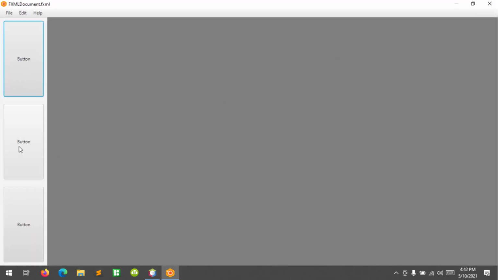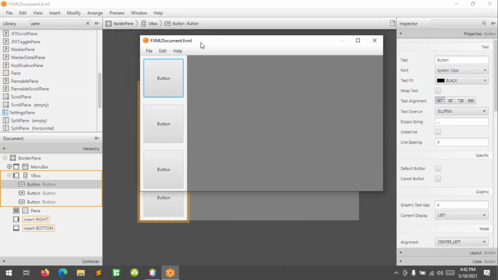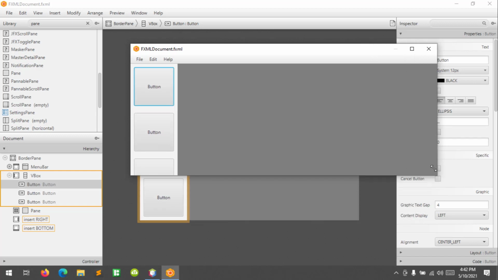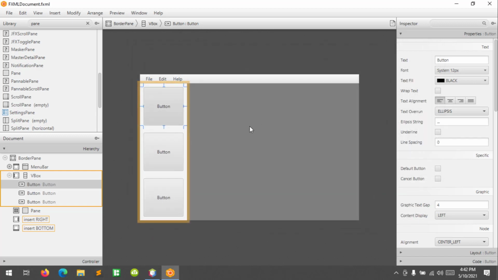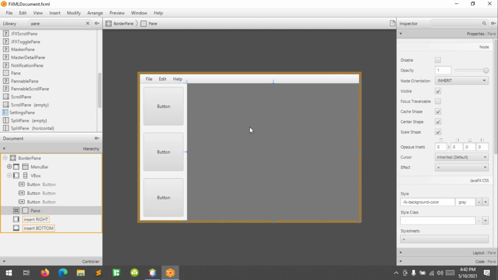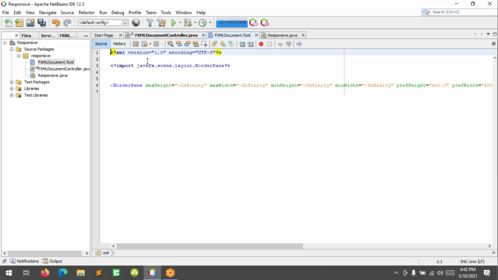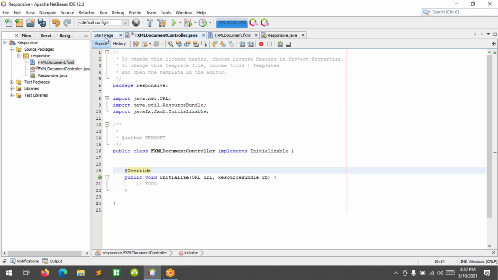Alright, this is how to make a responsive GUI in JavaFX. Let's try to run this in our NetBeans. So where's the responsive? Alright,